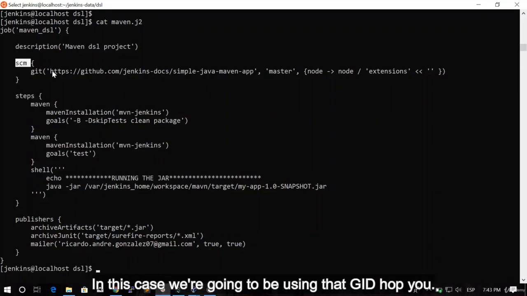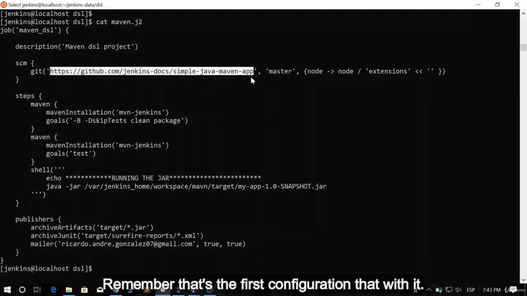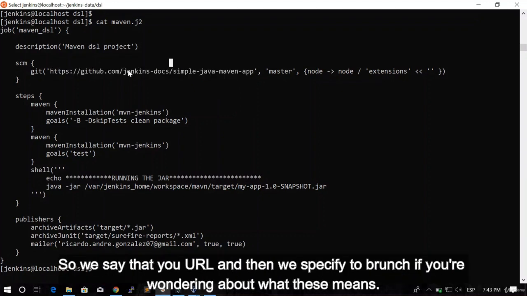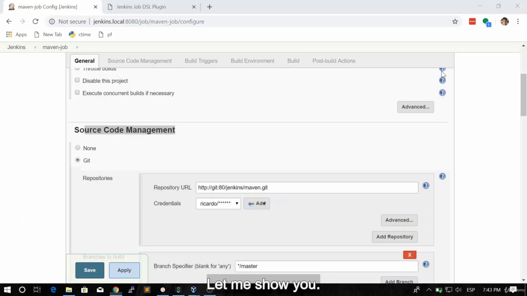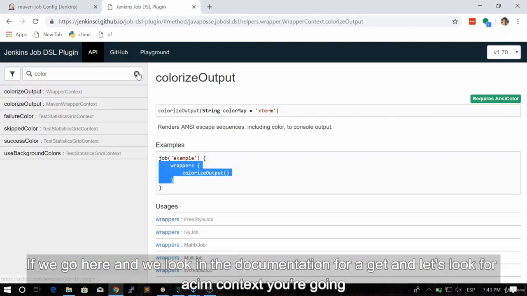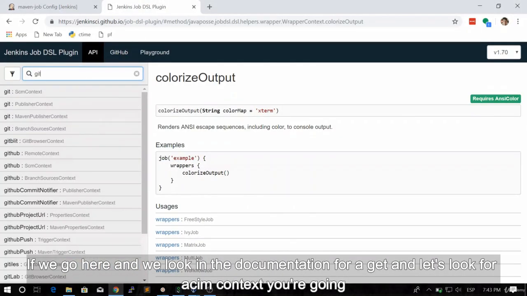In this case, we're going to be using the GitHub URL. Remember, that's the first configuration that we did. So we say the URL and then we specify the branch. If you're wondering about what this means, don't worry, because I found this on the internet. Let me show you. If we go here and we look in the documentation for Git, and let's look for